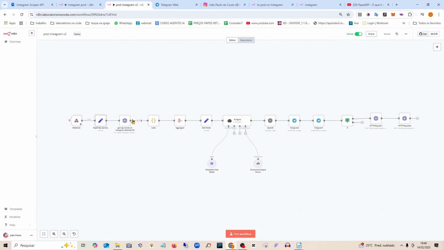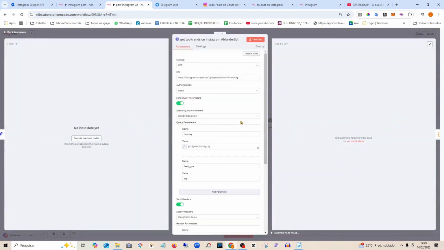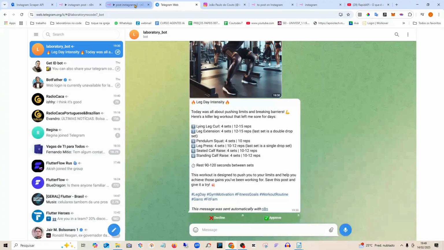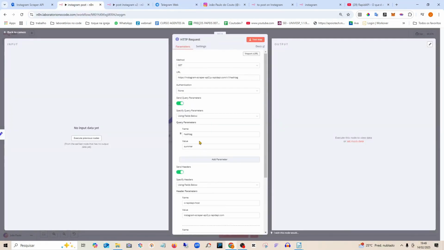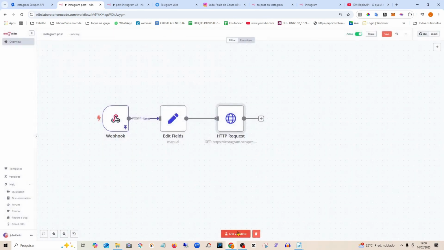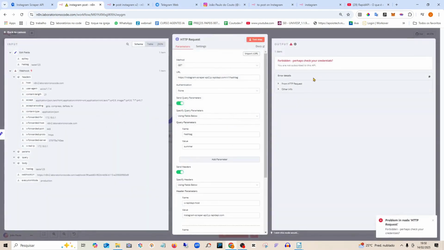Just take a look here. What else will we need to put? The parameters that it already put are the parameters, but then we are going to put the hashtag here. We are going to pull it from the flow, right? I can leave it here, look, and I'm going to do a test. Necessary